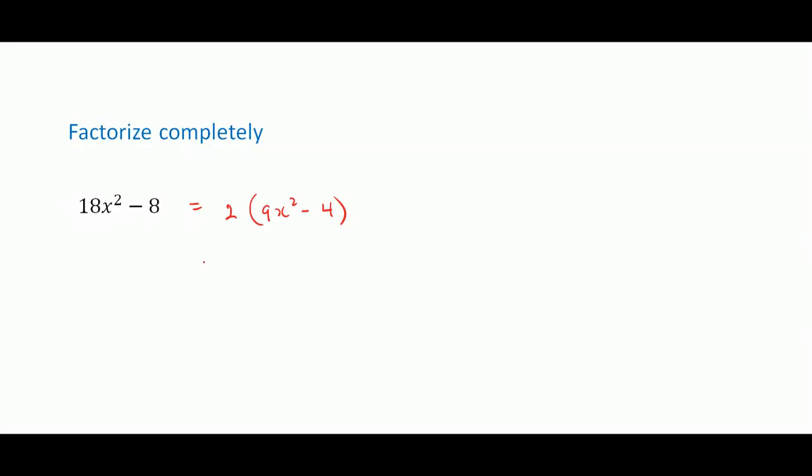Okay, now we can still factorize this further, because 9x squared minus 4 is the difference of two squares, because we can write it as 3x squared minus 2 squared, and that is really 3x plus 2, 3x minus 2. So therefore, if we had to factorize 18x squared minus 8 completely, it will be 2 open brackets 3x plus 2,